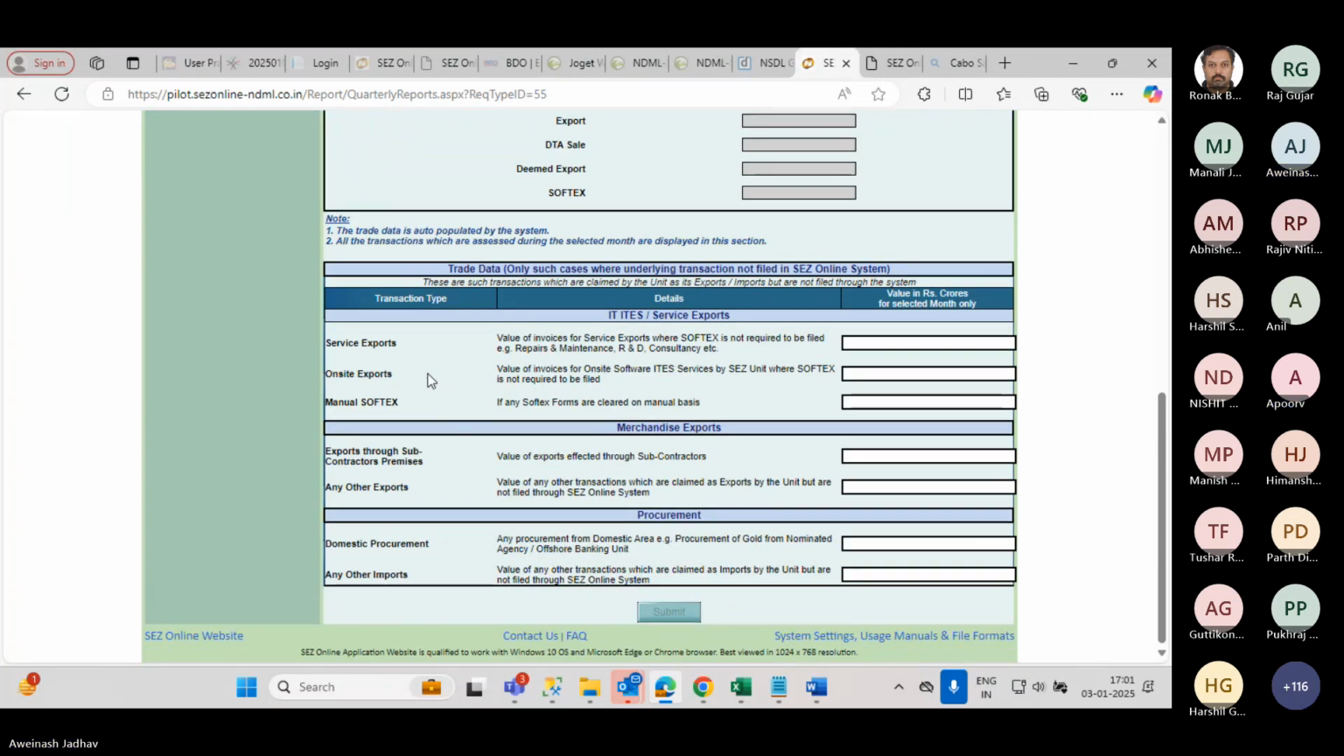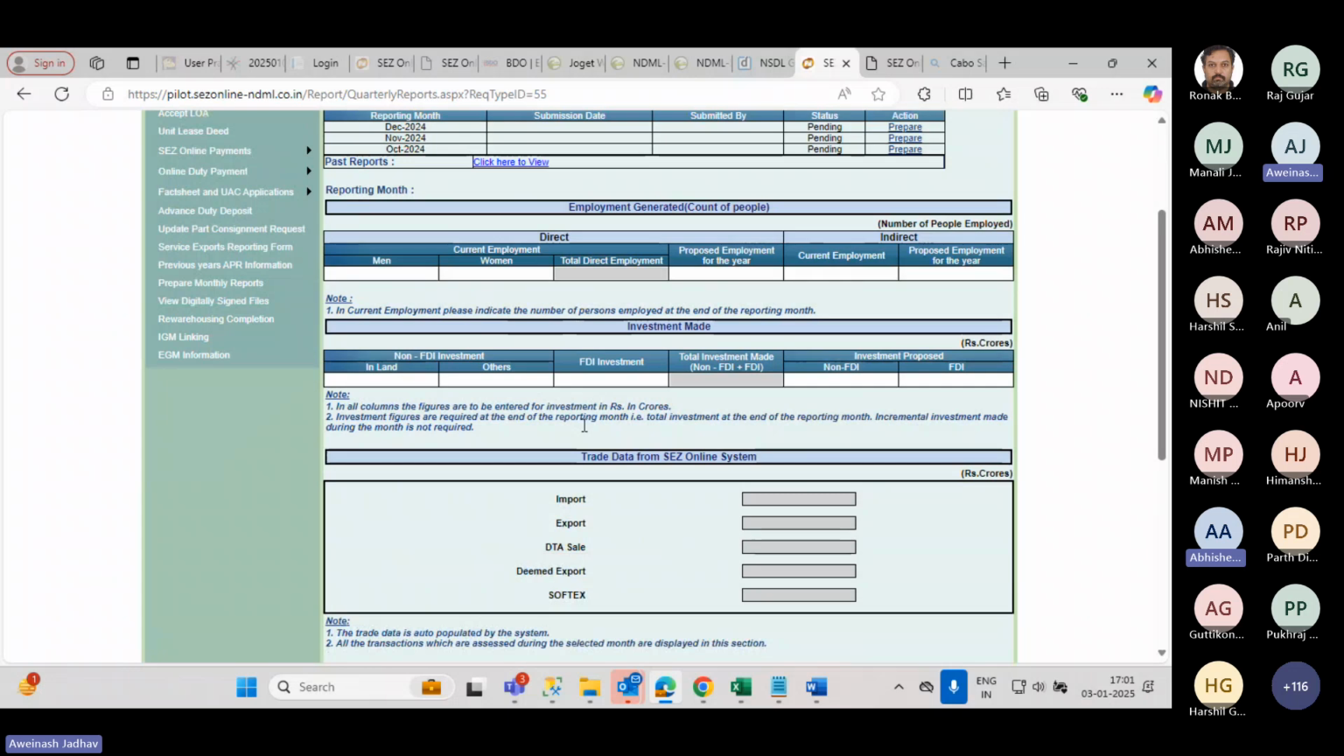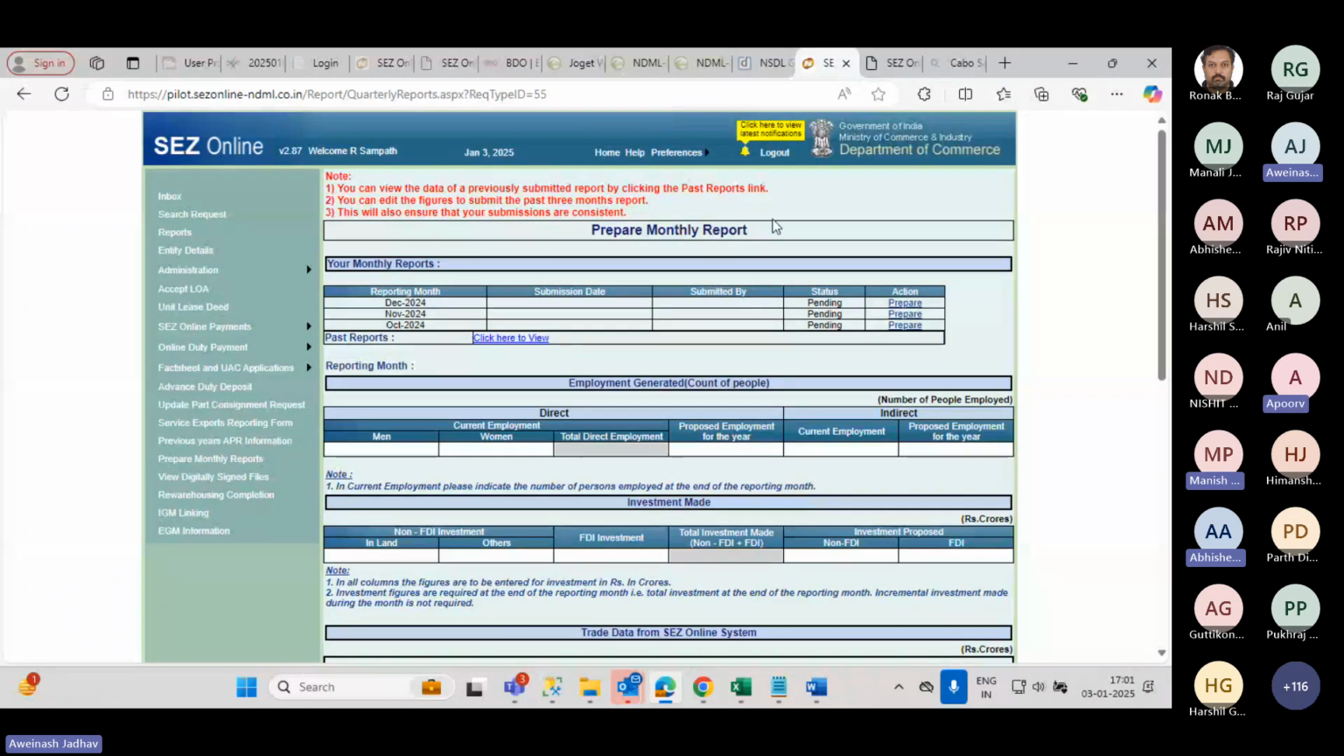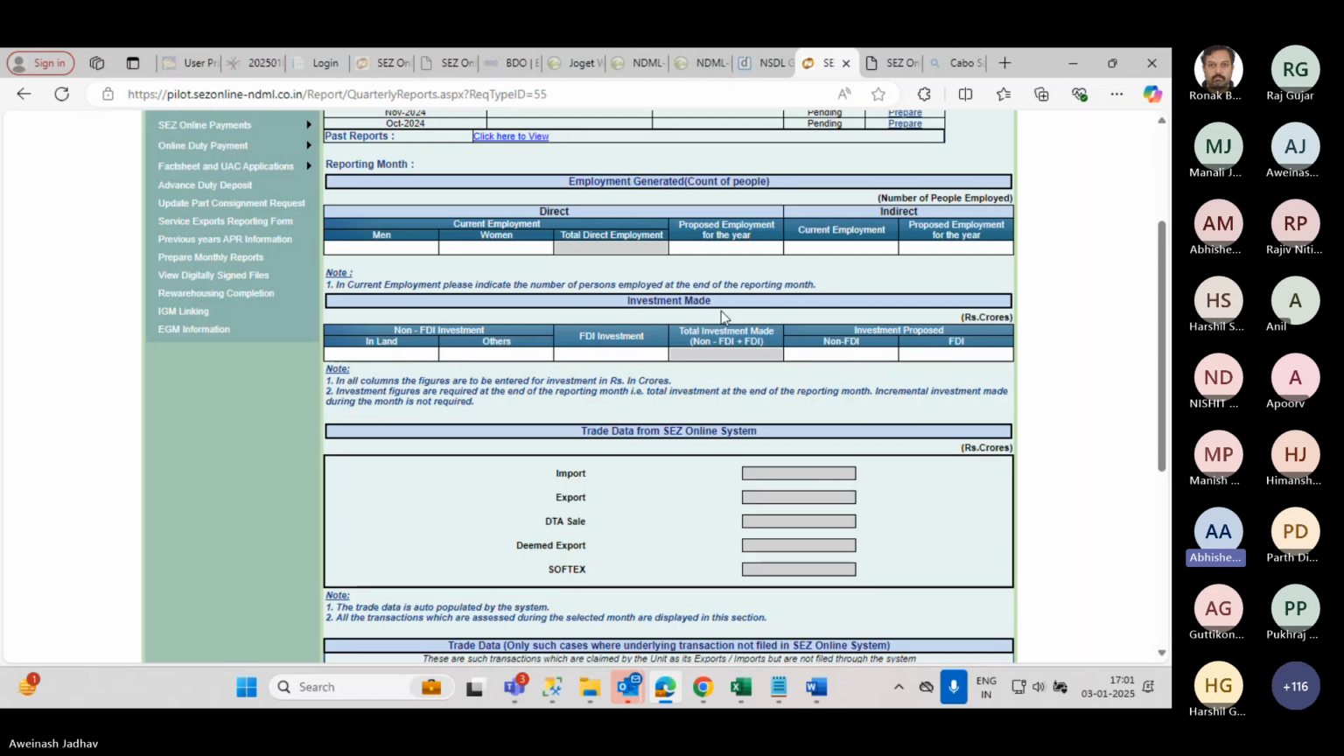Sir, can you just read the first line? These are such transactions which are claimed by unit as export but not filed through system. ये initially बनाया था तभी डाला था. So if everything is happening online, you don't have to capture anything